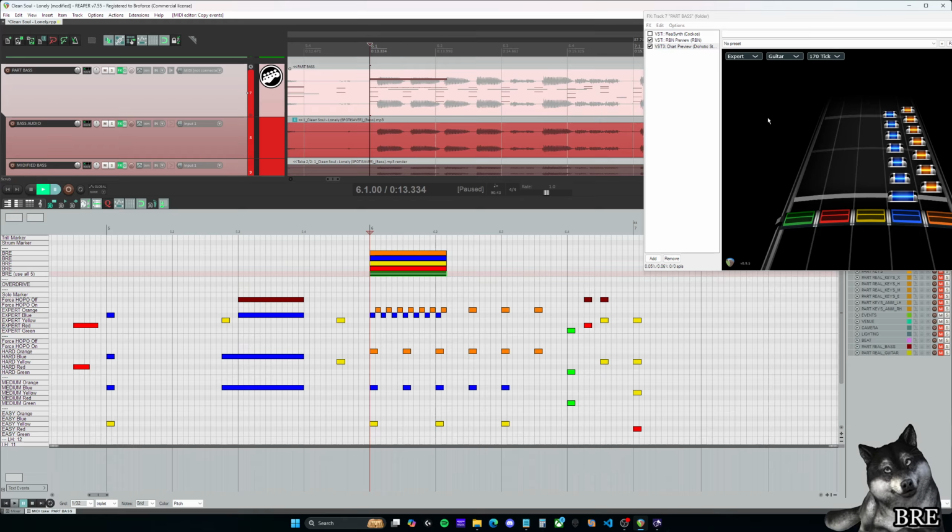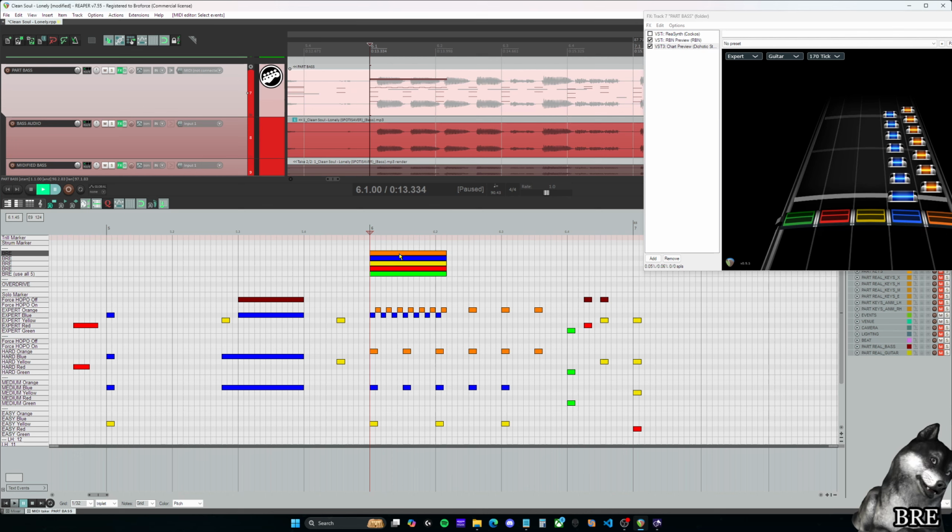This kind of stuff doesn't show up on the preview here, but this is where the big rock ending will occur. Lighting will go crazy, and everyone gets a chance to play whatever they want to play. You still want to put notes throughout this part if you're going to do big rock endings at the very